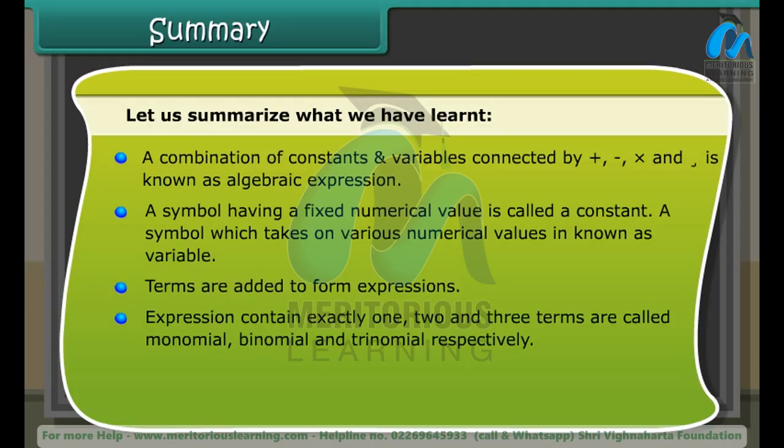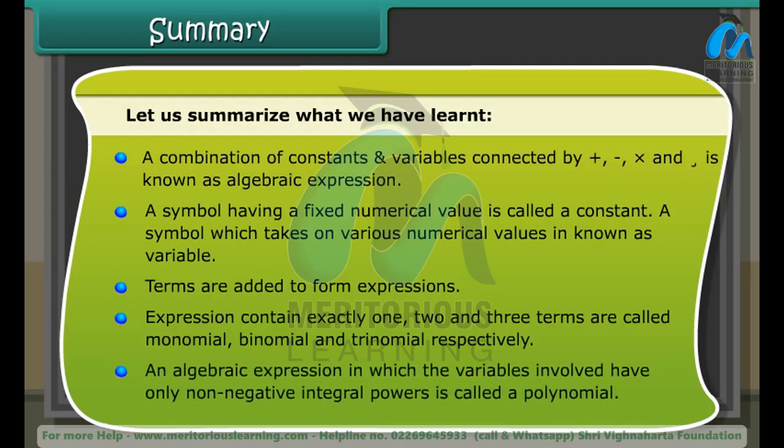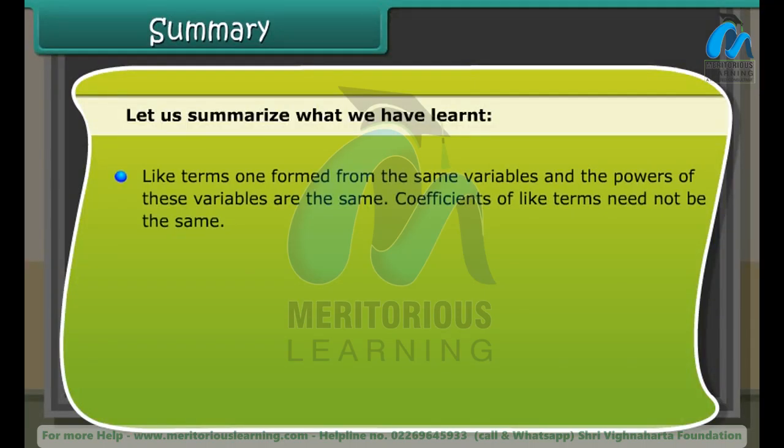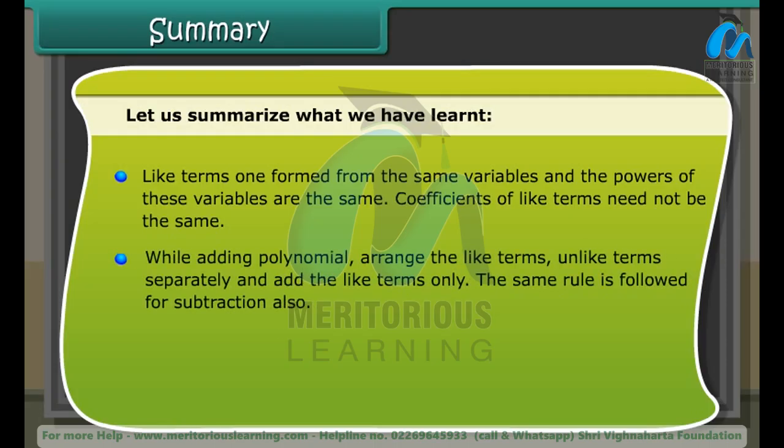Expressions containing exactly 1, 2, and 3 terms are called monomial, binomial, and trinomial respectively. An algebraic expression in which the variables involved have only non-negative integral powers is called a polynomial. Like terms are formed from the same variables and the powers of these variables are the same. Coefficients of like terms need not be the same. While adding polynomials, arrange the like terms and unlike terms separately and add the like terms only. The same rule is followed for subtraction also. For multiplication,